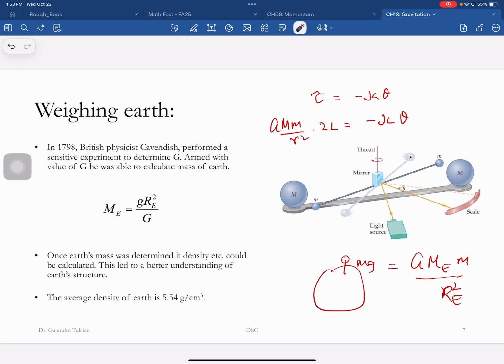Now here's the first question. You know the radius of the Earth. Now you calculated the mass of the Earth. You can calculate the average density of the Earth. The density is the mass of the Earth divided by the volume of the Earth, 4 pi by 3 R_E cubed. The afternoon that you measured G, you could calculate the average density of the Earth. You walk outside, pick up a handful of dirt, and you find the density of the dirt is 2.5 grams per cc. So what does that tell you?